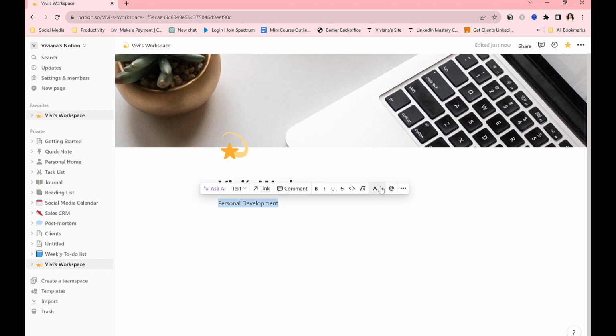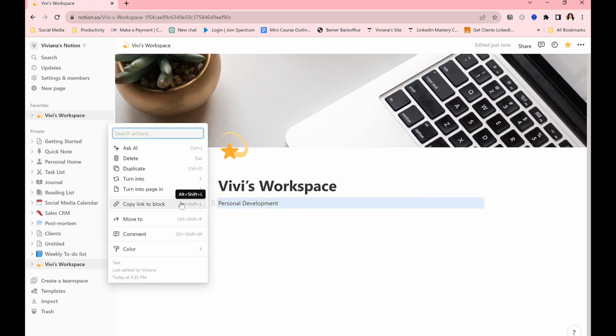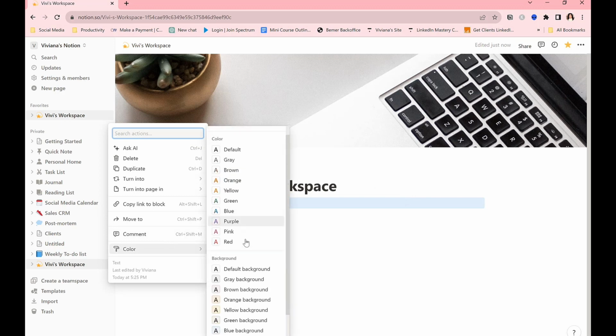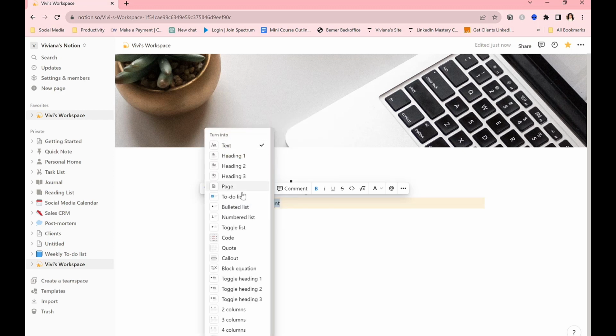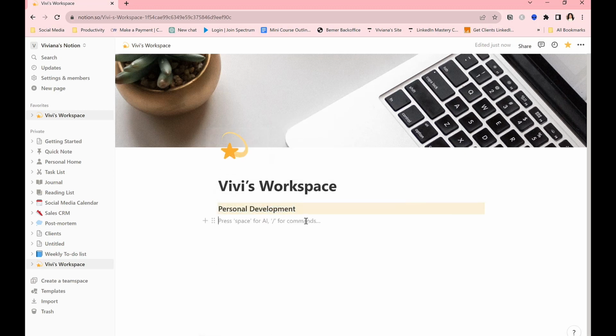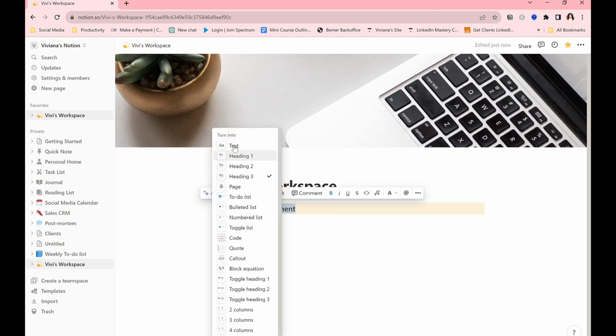When I highlight it, it gives me the option to put a color. So I can change the color of the font. I'll go ahead and bold it if I want. I can create it as a heading, so it looks a little bit larger, or I can just do